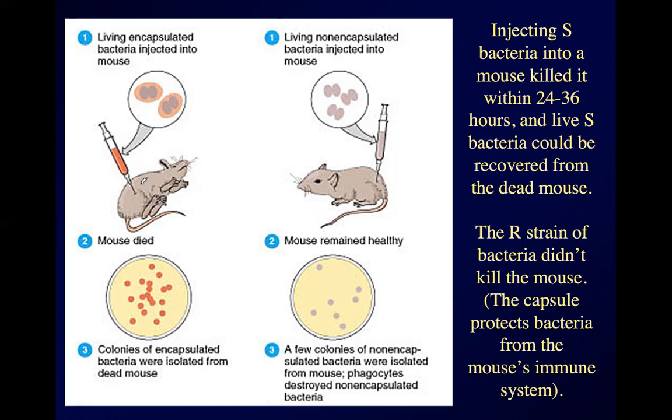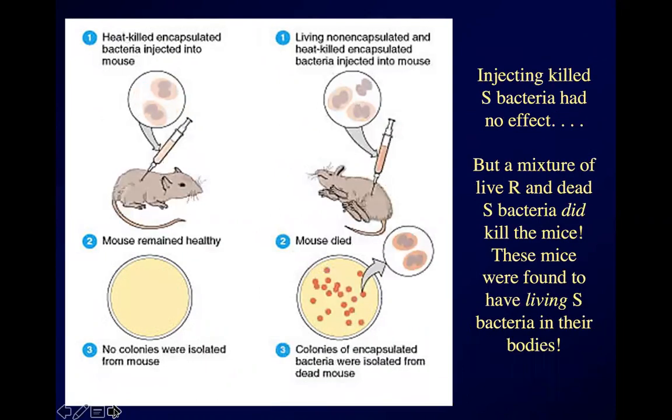So you inject S into the mouse, the S bacteria multiply very fast inside the mouse, the mouse dies of infection, and the dead mouse's blood contains S-type bacteria. Okay, that's not surprising at all. Inject R bacteria into a mouse, and the mouse stays healthy because the mouse is able to fight off infection with R-type bacteria. So live S kills the mouse, live R doesn't kill the mouse, dead S doesn't kill